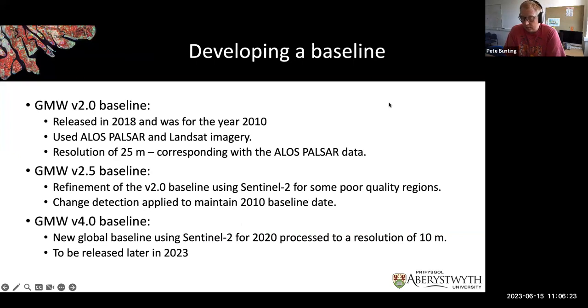So in terms of developing the baseline, there have been 2 baselines developed, and a 3rd in development. The original baseline, version 2, was the one that was released. Version 1 was an internal release where we only used the radar data to try and do a global mangrove extent, and it wasn't really good enough to be released. So version 2 was the first release. That was in 2018, as I said, and the baseline year is 2010. 2010 was chosen because this had the most complete coverage of the JAXA ALOS PALSAR data,